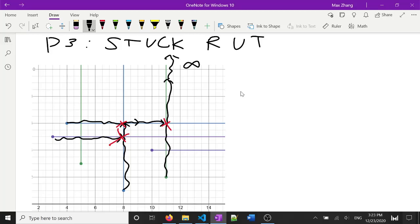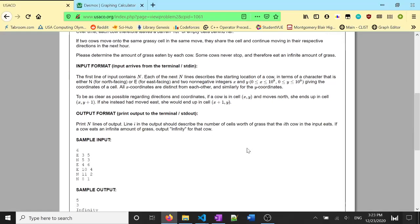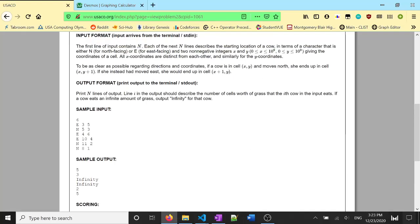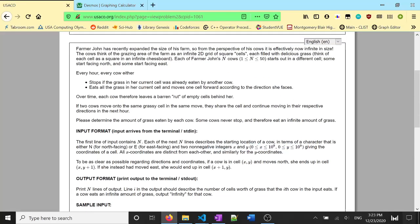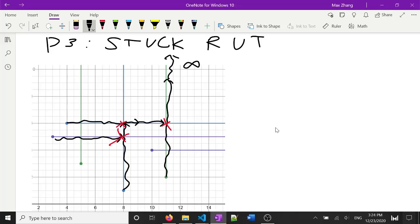This would work if the coordinates were small. But unfortunately, full credit for this problem requires the coordinates being up to 10 to the 9, and 10 to the 9 is way too much to simulate. And so the modified idea is we're still going to simulate, but simulate faster. You've probably noticed by now that